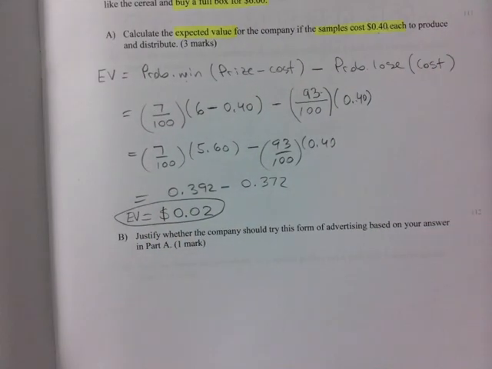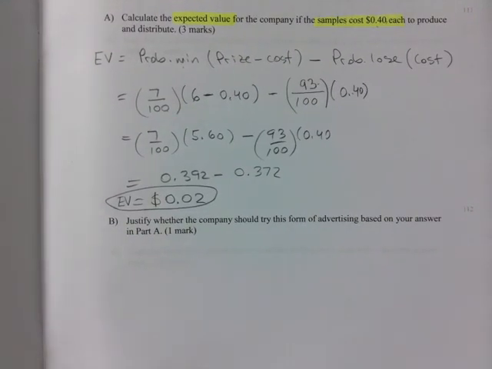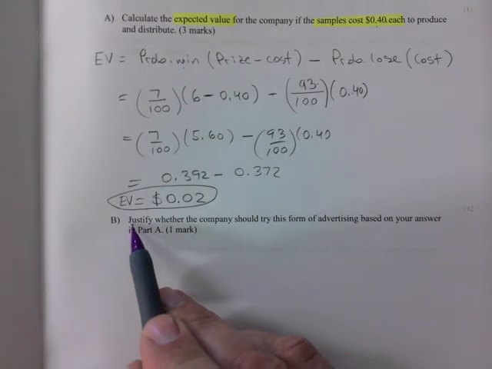$0.02. And I know that they do this purposely sometimes because you're like, yeah, I shouldn't play because it's so little. It's like it's not worth it. That's not what you're supposed to say. It says justify